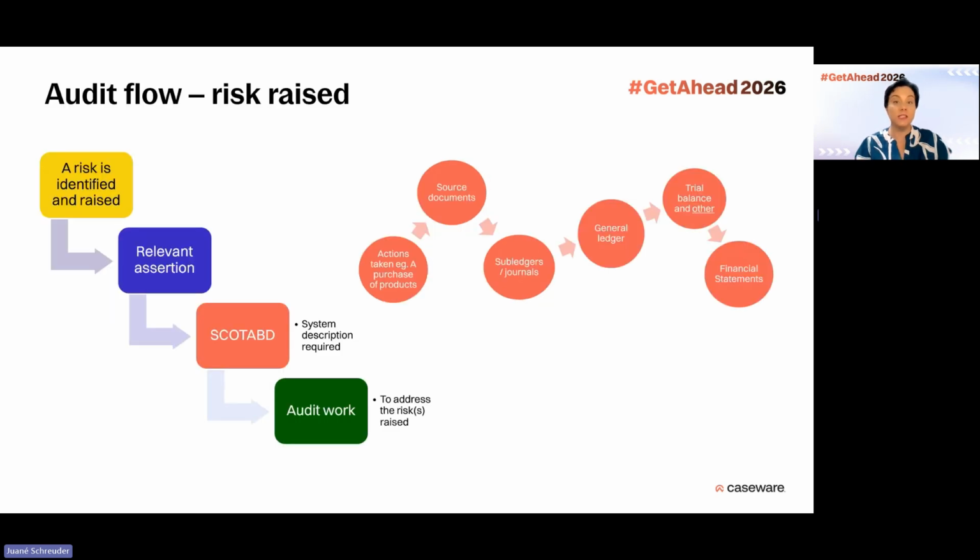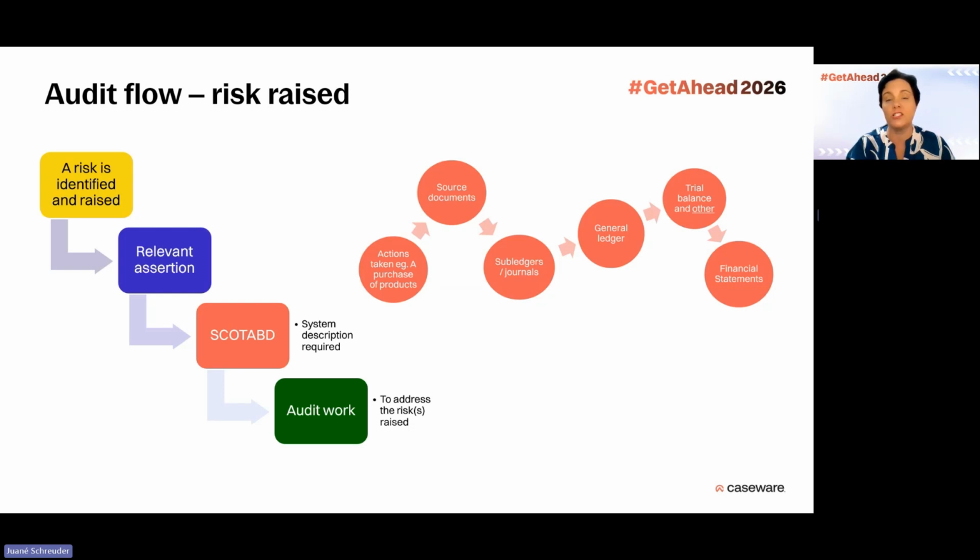This is also discussed in our introduction to audit methodology videos on the e-learning, where we go into a little more detail. On the left-hand side of the slide, when you identify a risk, record it and assess that risk, we then identify an assertion that is specifically addressed by this risk. That assertion is then called a relevant assertion. That's a term from the auditing standards. So then we have a risk and a relevant assertion.